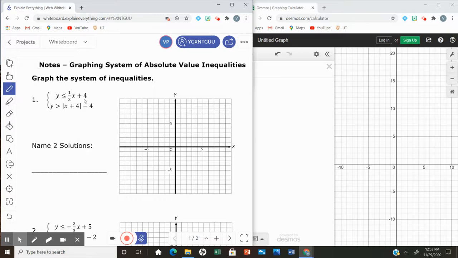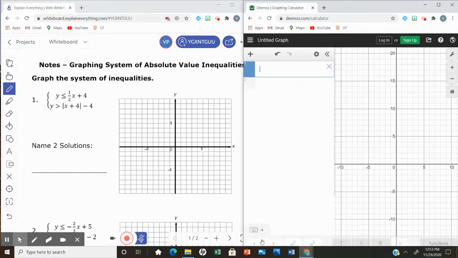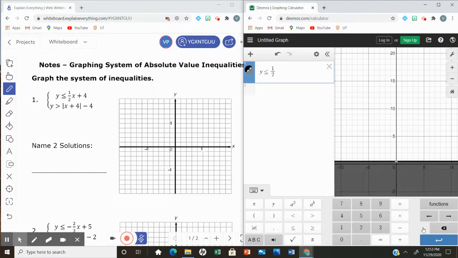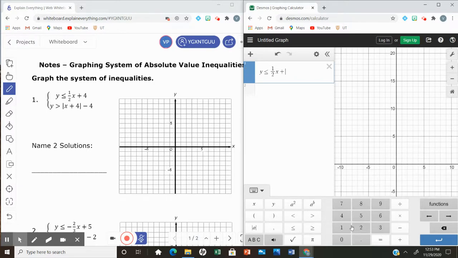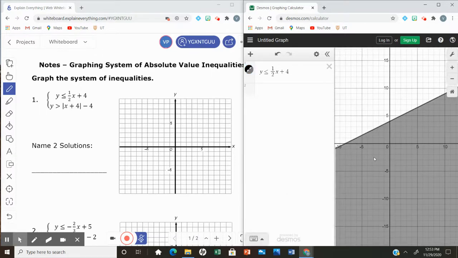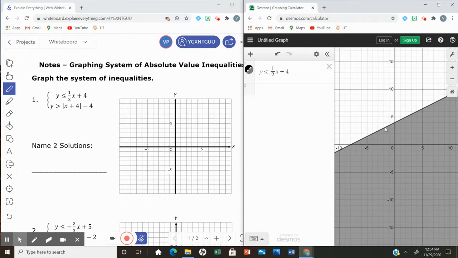For our very first system, the first inequality is a linear inequality. We're going to graph a line. And the second one is going to be the absolute value function. So let's just begin here. Recall from yesterday's lesson, you want to type it in exactly as you see it. So we want y is less than or equal to 1 divided by 2, and then we need to arrow to the right, and then we want our x, and then plus 4. If you don't arrow to the right, that x will be in the denominator and not the function that we need. So as you can see, this is a linear function right here, which has a solid line,